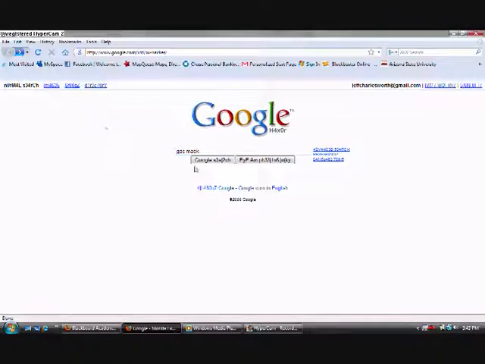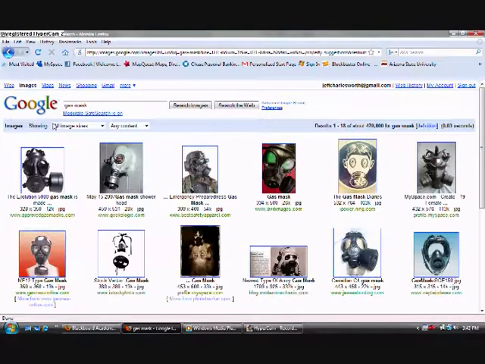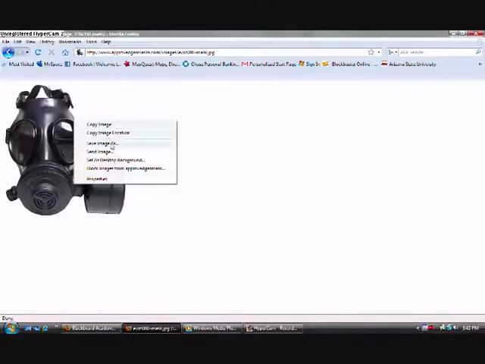First thing we're going to do is find a photo. Just pick whatever you would like to work on. You can get it from a camera or any other media device. We're going to get a JPEG off of the internet, a gas mask that I found,